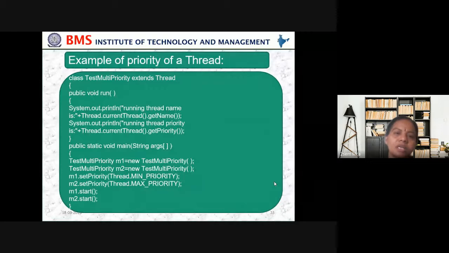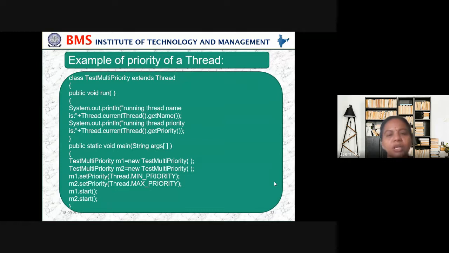So here in this program, what we are doing is the priority of a thread. Start with extends. Thread is a base class, and MultiPriority is a derived class. In that we are using a method called the run method. In that, display the running thread name and the current thread name, along with the priorities also.